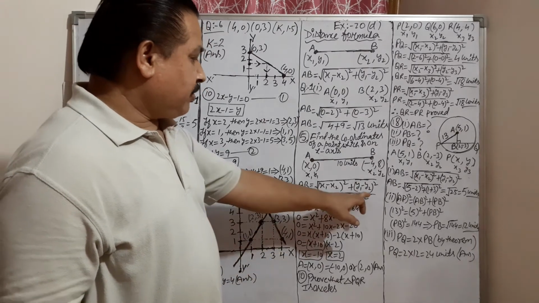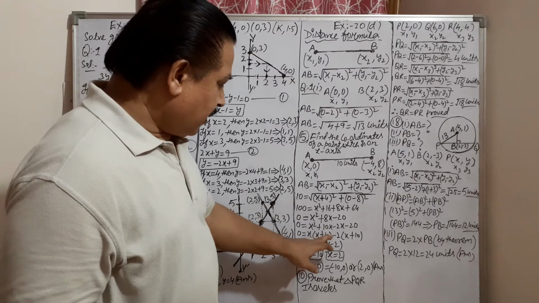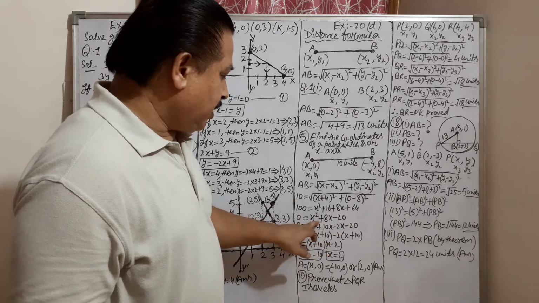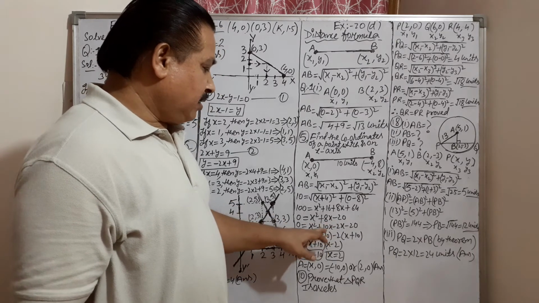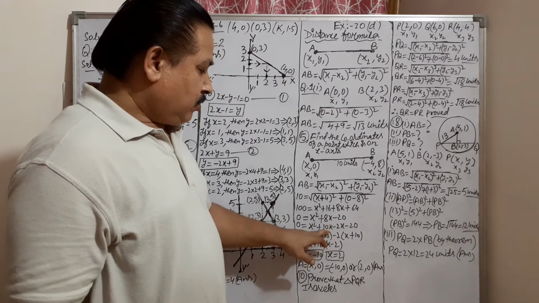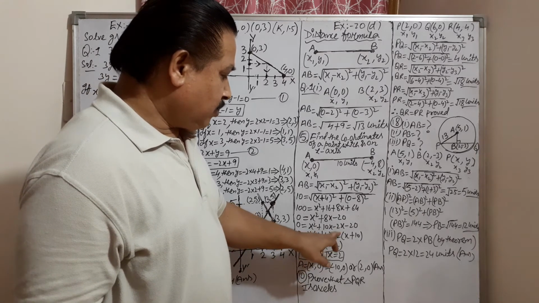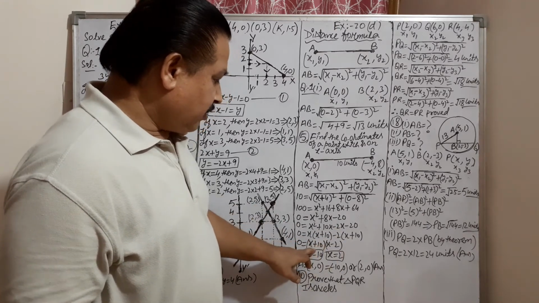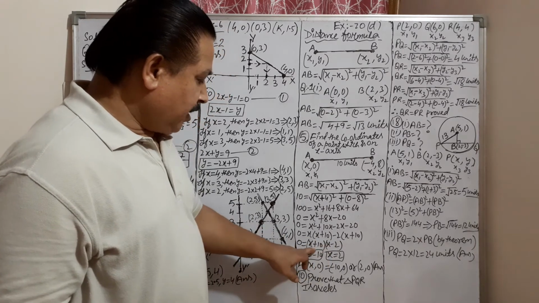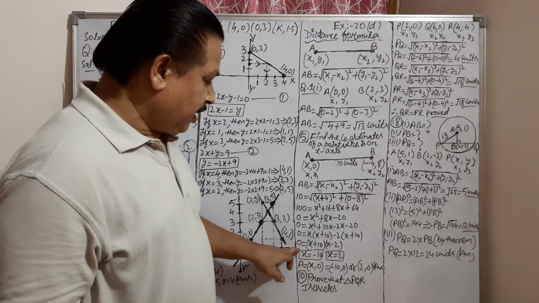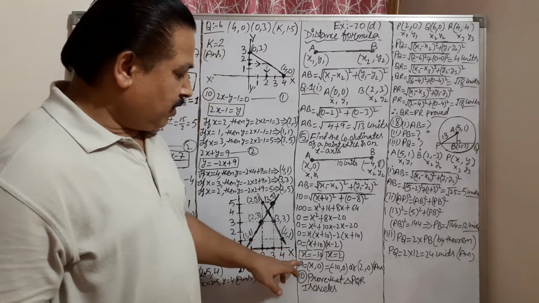Now squaring both sides. Remove the root. 100 will come out here. Now at last this quadratic equation is coming. Find the factors of 20. Find such factors which give us 8. So 10 and 2 are the factors of 20. Take x common, take 2 common here. So x plus 10 will come over here and now x minus 2 will be here. Equating with 0, x will come as -10 and x will come as 2. These are the two values of x.